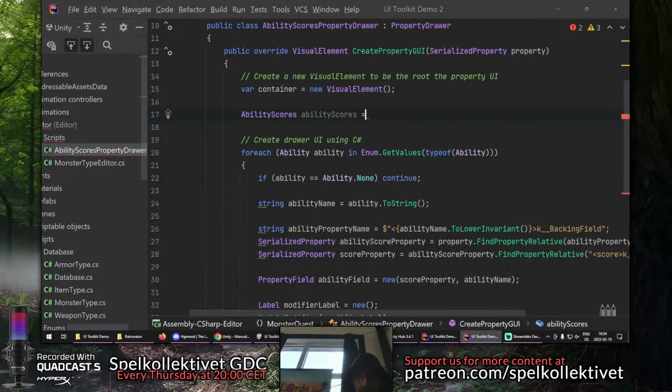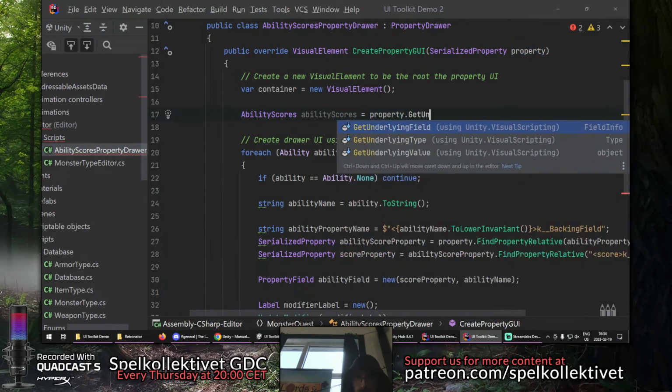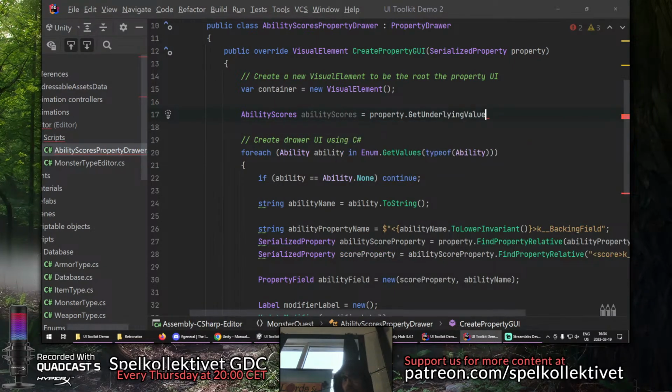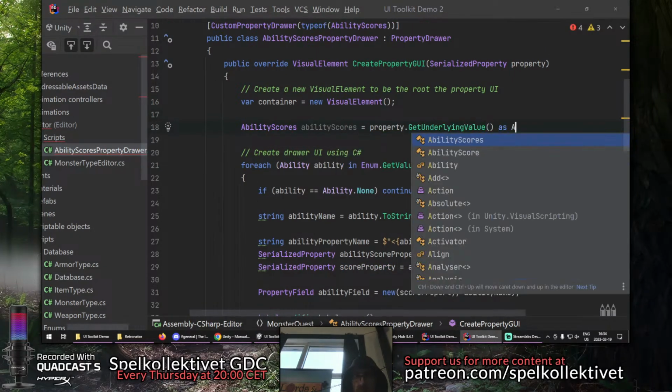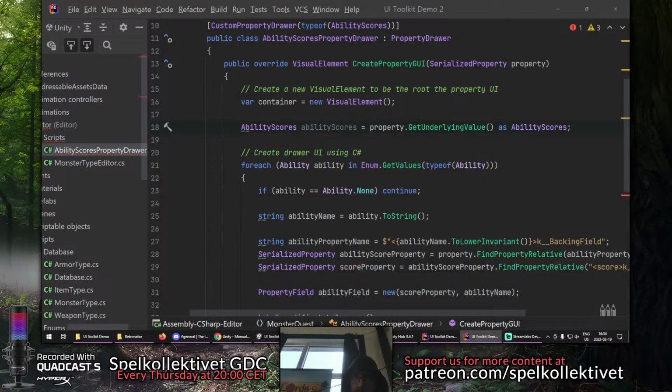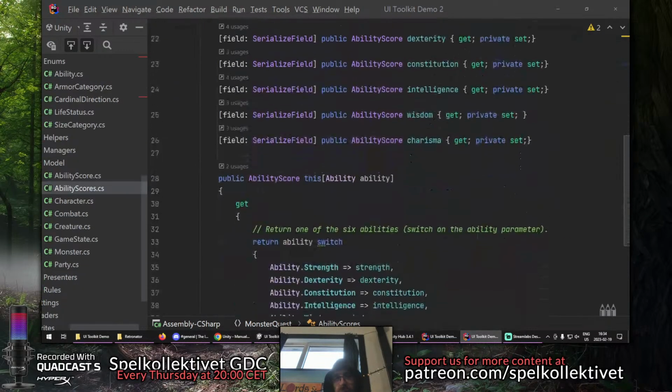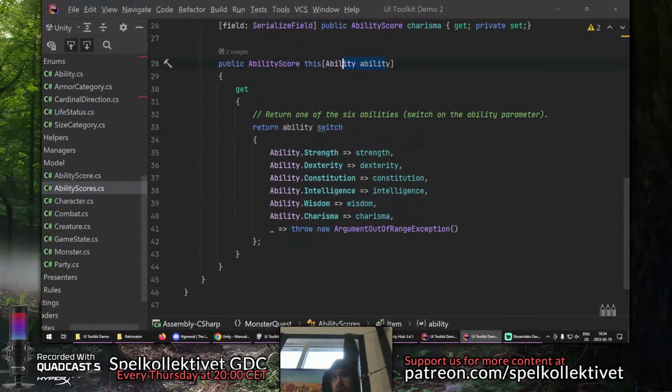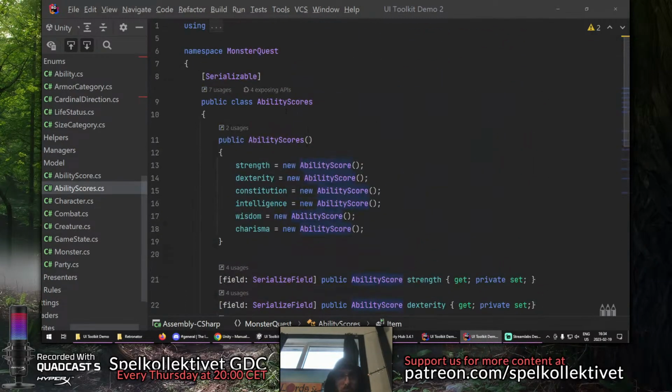How do we get it back out? You go to property and do get underlying value, which is an object, so then you also have to cast it into what you're expecting. Ability scores. And then on ability scores, I have an indexer so that I can just give it an enum. So then we can just do,